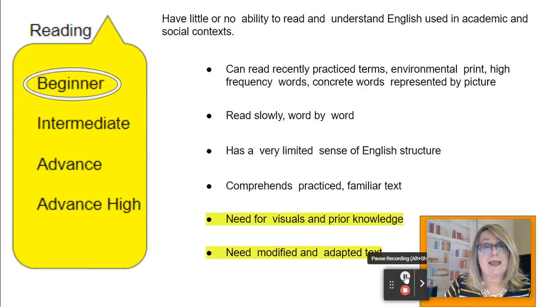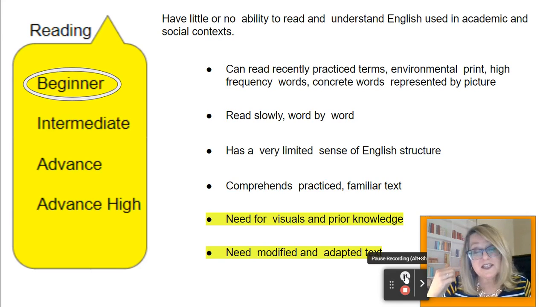Moving on to the reading domain. At the beginner level, guess what? They have little or no ability to read and understand English, either academically or socially. When they read, they're going to read slowly, word by word, and they may not understand every word that they're saying. They'll be able to pronounce some of the words, but that doesn't necessarily mean that they know what they're pronouncing. They're going to be able to read practice terms, environmental print, high frequency words, concrete words that are